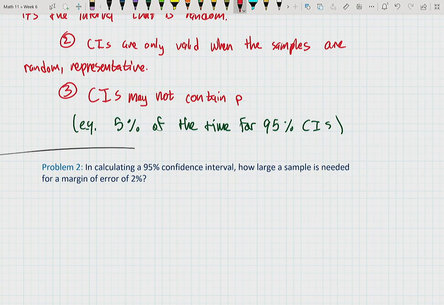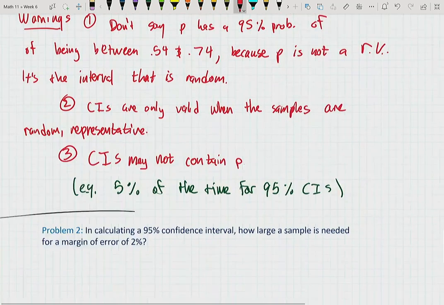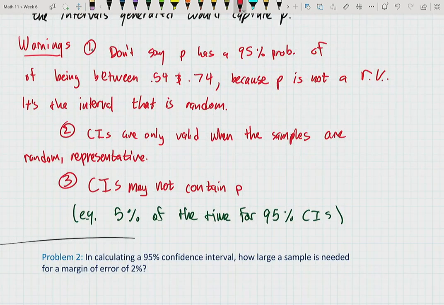I don't know, because back when I took AP Stats, I would always say it the wrong way you said. Yeah, a lot of people say it that way. People probably will say it this way, but more specifically, what there is a 95% probability is